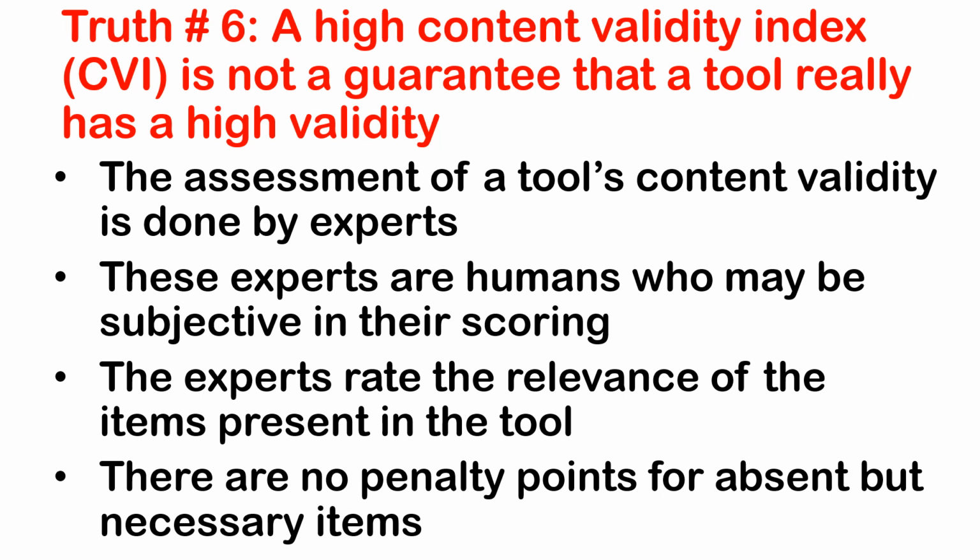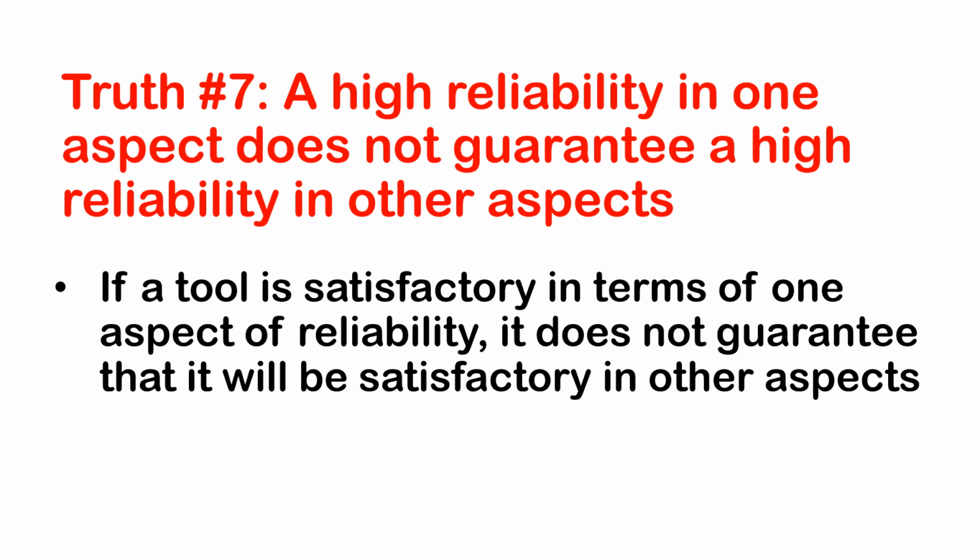Determine whether there are any missing indicators in the tool, because these have not been evaluated by the panel of experts. Next, a high reliability in one aspect does not guarantee a high reliability in other aspects. If a tool is satisfactory in terms of one aspect of reliability, it does not guarantee that it will be satisfactory in other aspects. As presented previously, there are different types of reliability and each is different from the others. So when reviewing the results of reliability tests of pre-existing tools, ask yourself, what type of reliability would be important